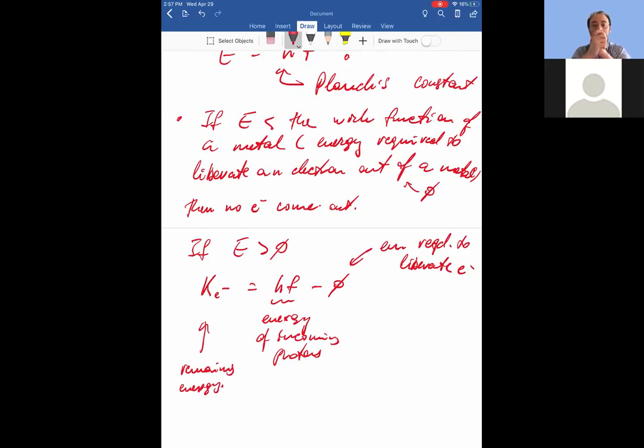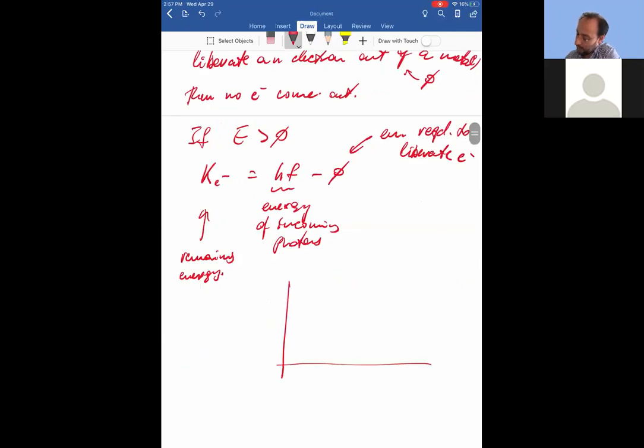And that explains that graph, right? So you can plot this kinetic energy as a function of frequency. So here is the minimal frequency, h f min equals the work function. So this is then phi over h. And then beyond that, you see it's linear in frequency. So beyond that, you just increase the kinetic energy, and we saw that in the simulation.